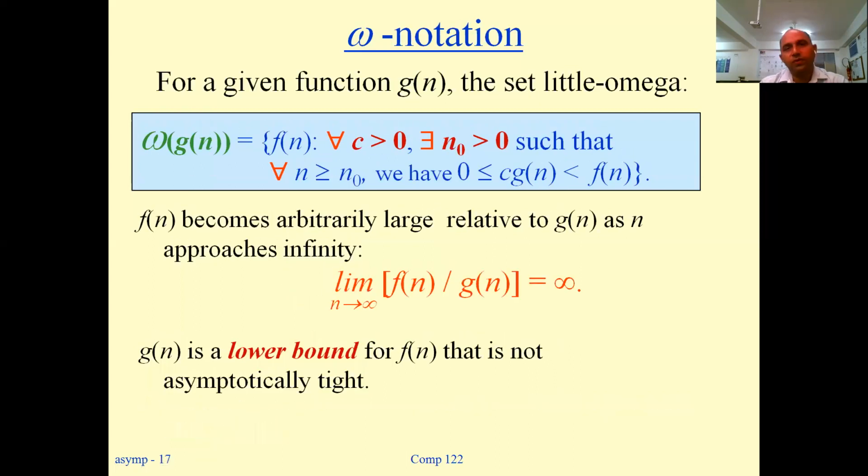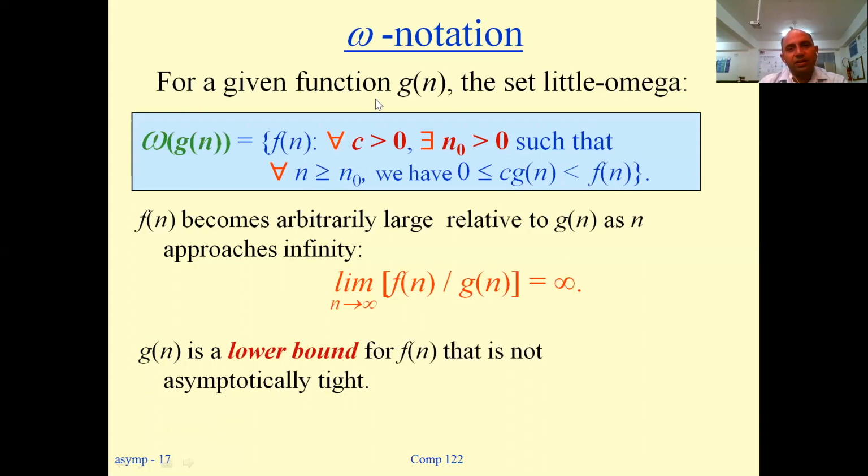let's have a look at little omega notation. It is a strictly lower bound which is directly related to omega notation. In this notation, we can say f(n) is equal to little omega of g(n) if for all c greater than 0 there exists some n naught such that for all n greater than n naught we have the relation 0 is less than or equal to c g(n) is less than f(n).